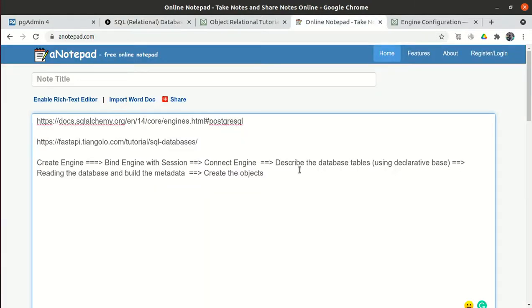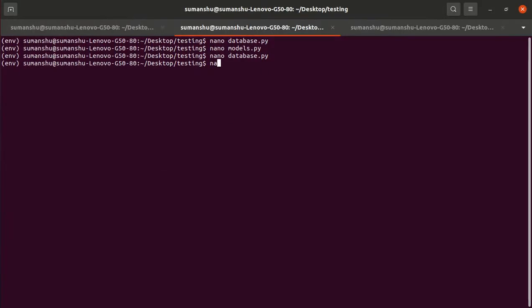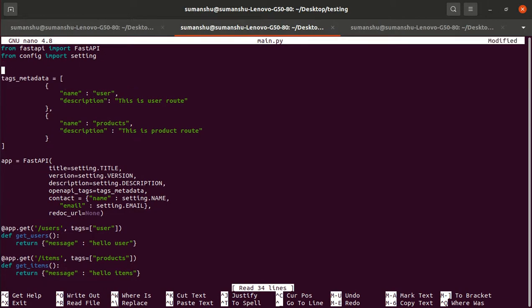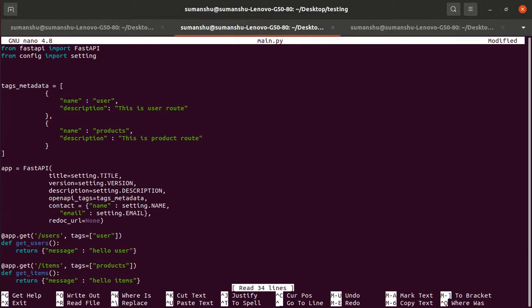so if you could see, we have defined the table. The next step is reading the database and building the metadata. When we build the metadata, at that time we will create it. So first we have to import the Base. So from models, no, not from models, from database import Base.